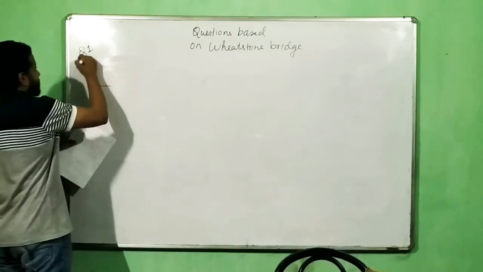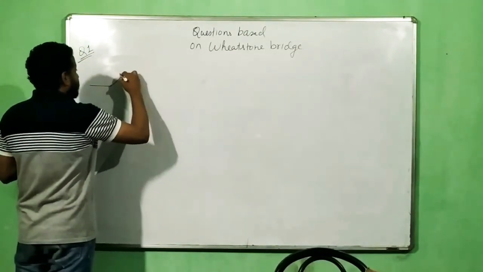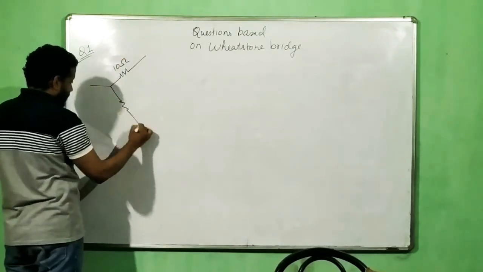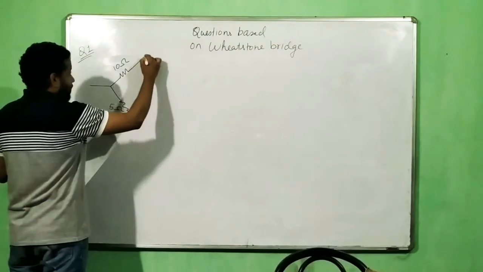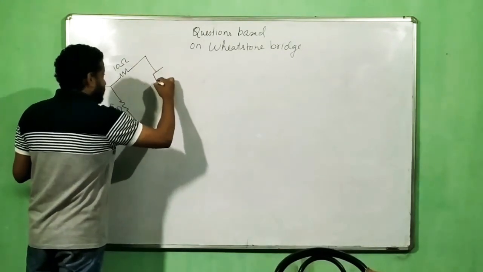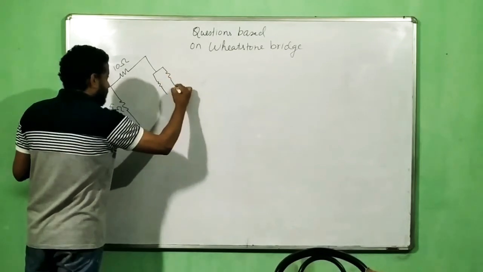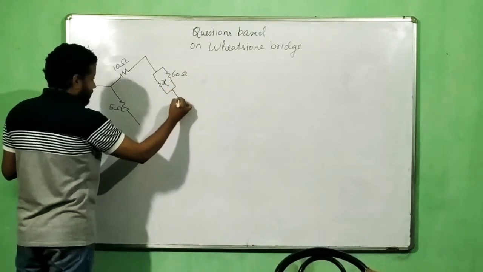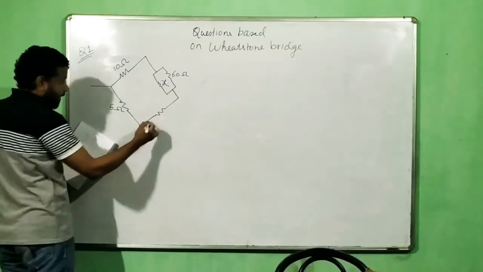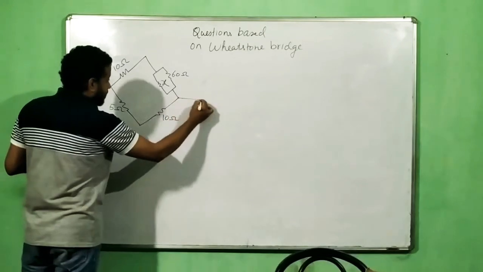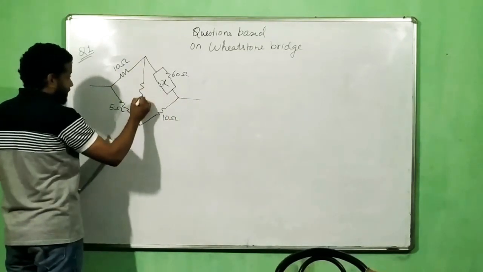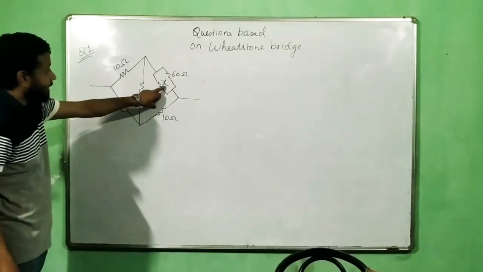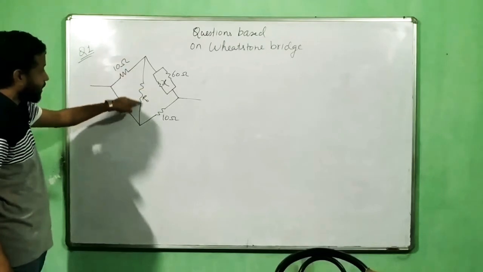Let us consider this as question number 1. Say that this is 10 ohm, this is 5 ohm, and here I am using a parallel connection. I am calling this X ohm and this 60 ohm, and this I am selecting as 10 ohm, and there is a resistance R0. Now the question is, what should be the value of X so that no current flows through the R0